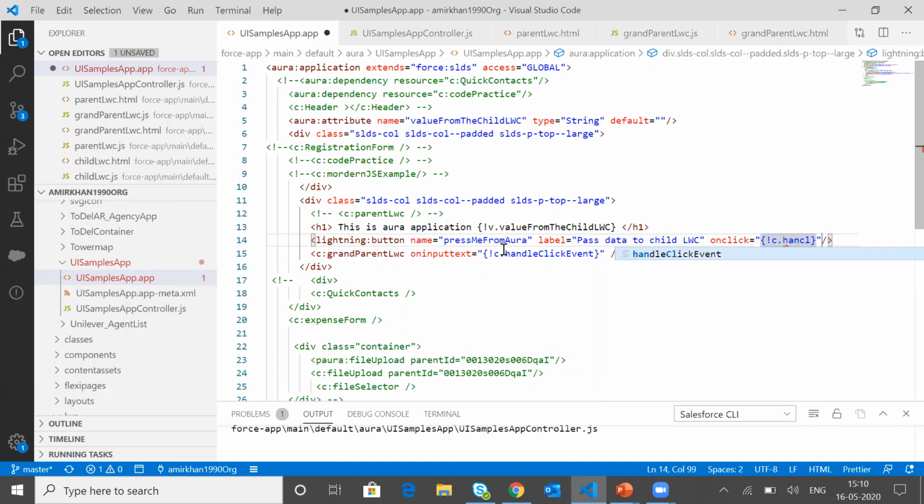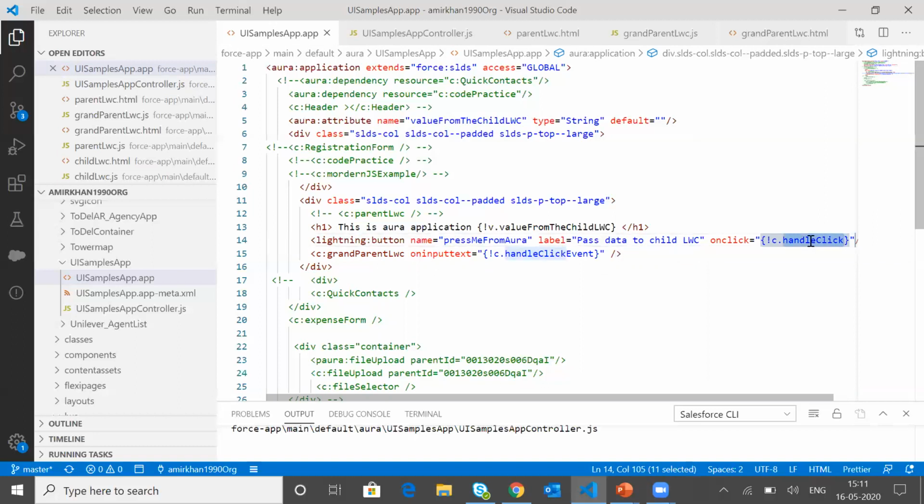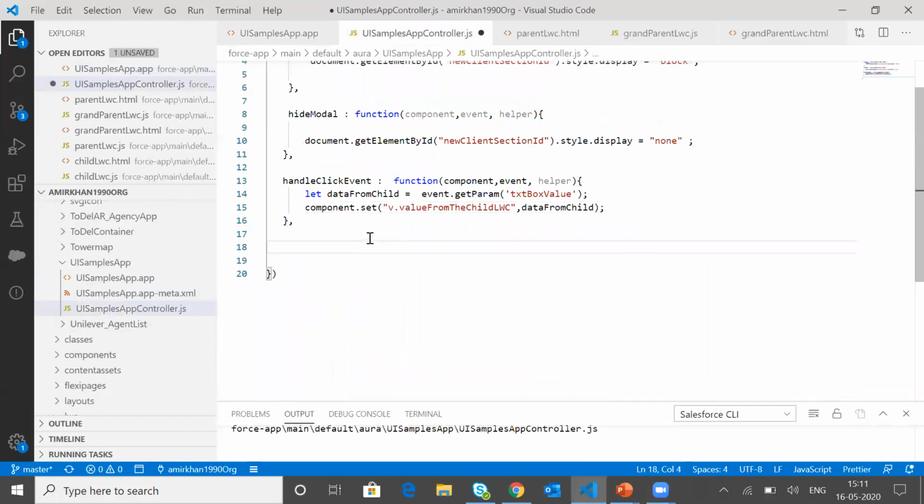Let's say I'm calling this method handleClick, and I'm adding this method within the controller. So function, with the parameters component, event, and helper.